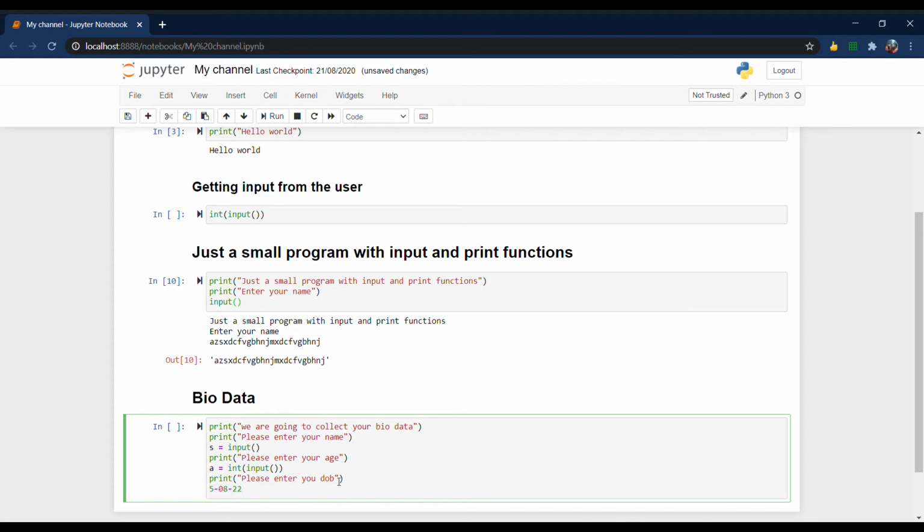So what I'm going to do is, I'm going to say please enter your date of birth, or I can say please enter the date in which you were born. I give this as d, and then I give